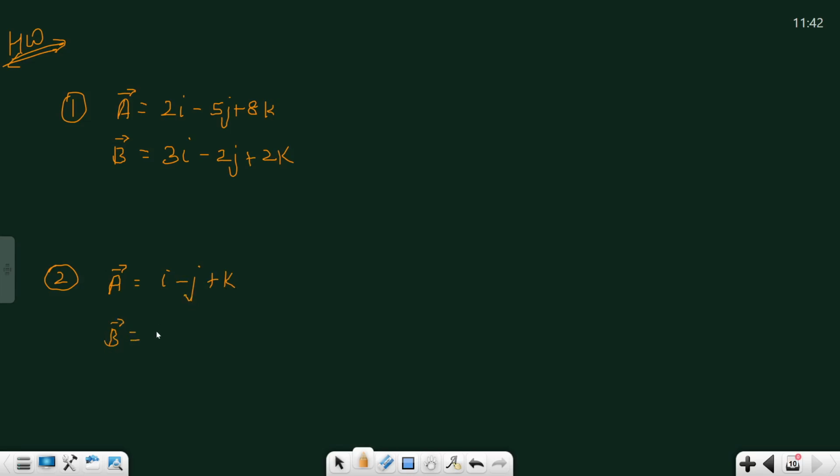B is 2i plus j. Find A dot B, A cross B, B cross A,